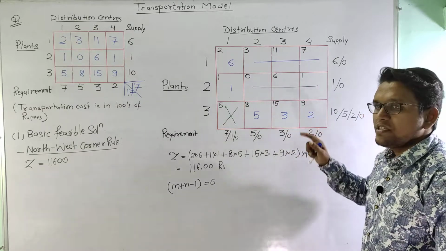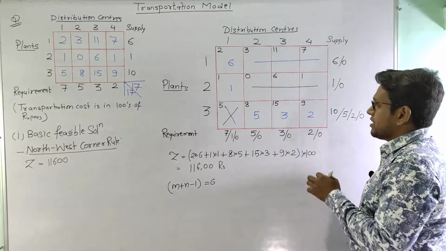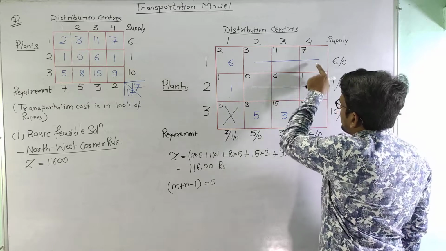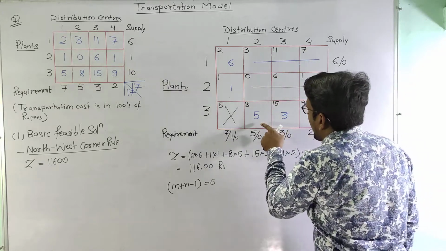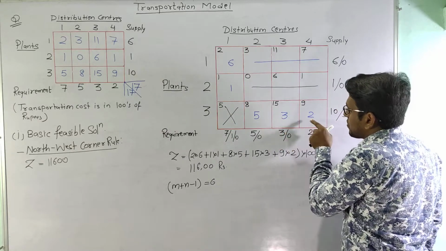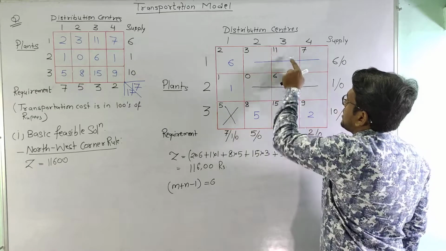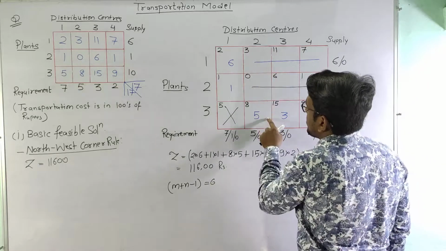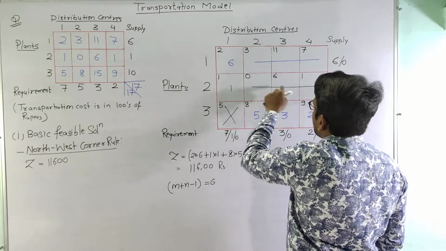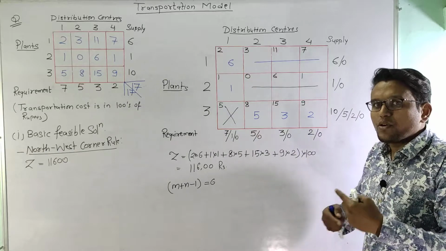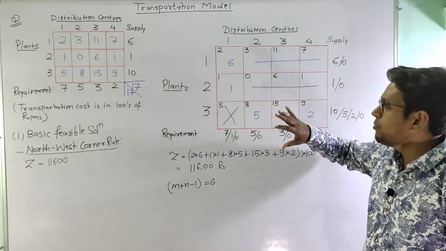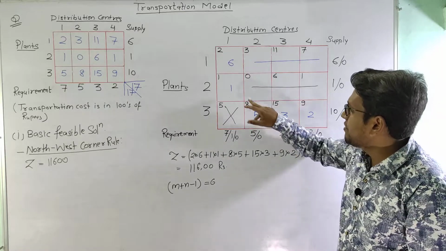Now let us see what a loop is. Whenever we are starting from an allocated cell, we can move either vertically or horizontally and move alternately around allocated cells. So if I move from here, I can see that there is no such allocation, and similarly if I move from here, there is no such allocation. That means it is not coming back to the starting point, hence there is no loop,